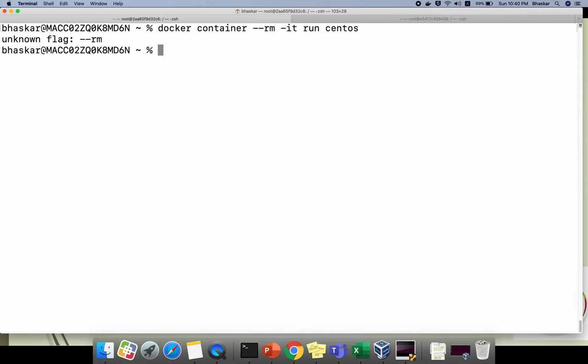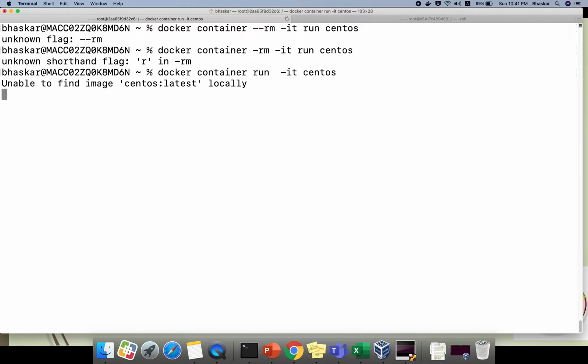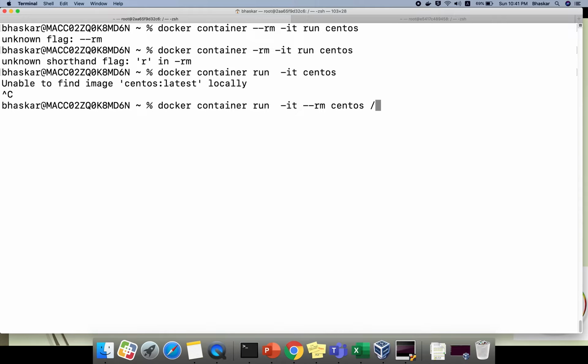Some issue is happening. I thought to explain something. If you run your container with docker run, it is going and finding the image. So I want to do one more action, --rm /bin/bash.